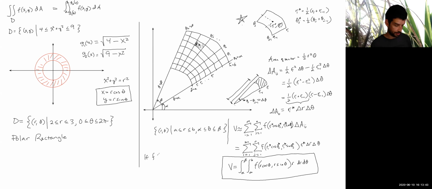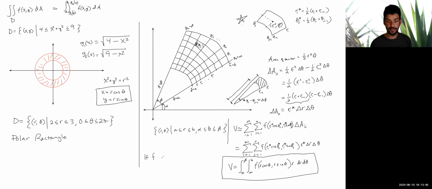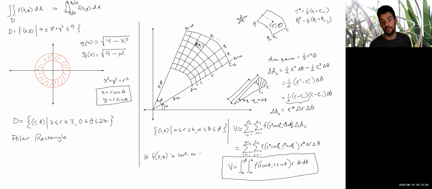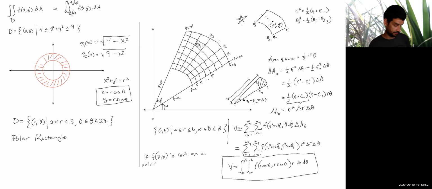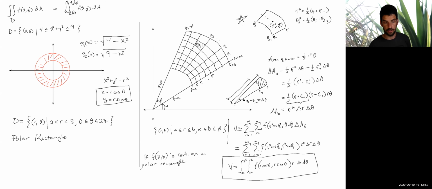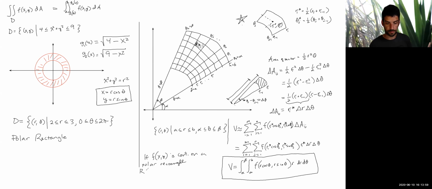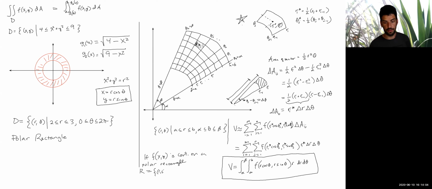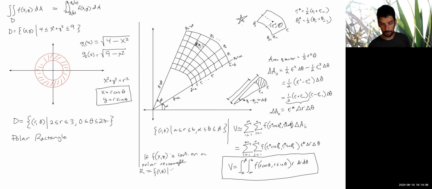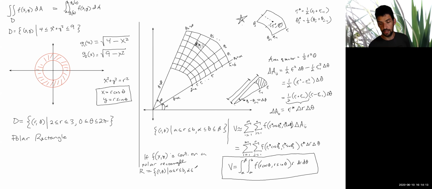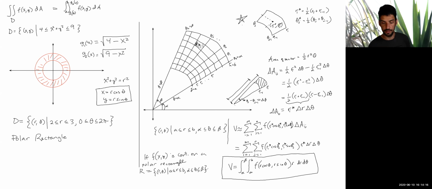If f of x, y is continuous on a polar rectangle R equals the set of r, theta, where r is between a and b, and theta is between alpha and beta,